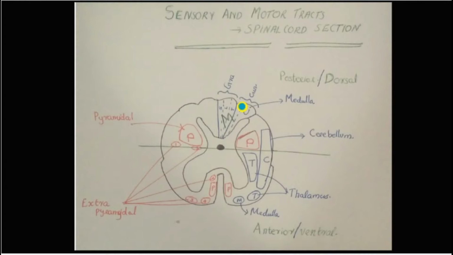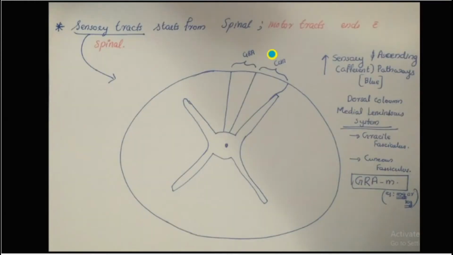That means which conducts the tracts from the body to the brain, or we can say from the spinal cord to the brain. So we have tracts from the spinal cord to the medulla. We have tracts from the spinal cord to the cerebellum. We have tracts from the spinal cord to the thalamus. And if we consider the motor system, we have mainly two kinds of motor tracts, that is pyramidal and the extrapyramidal. We have two pyramidal here and we have extrapyramidal, namely four. So first I am going to discuss the